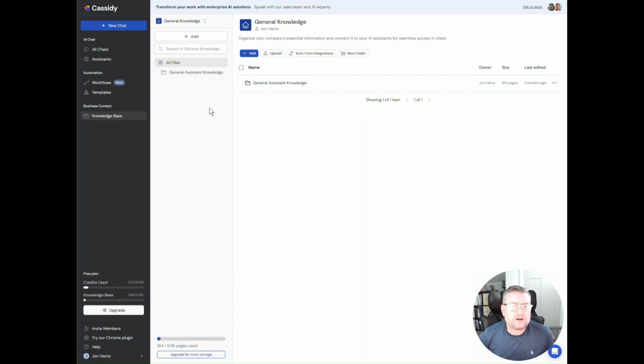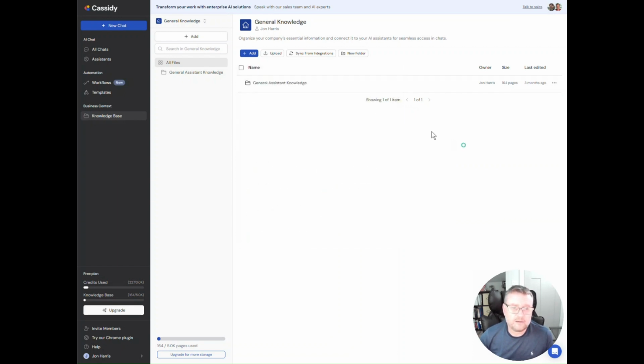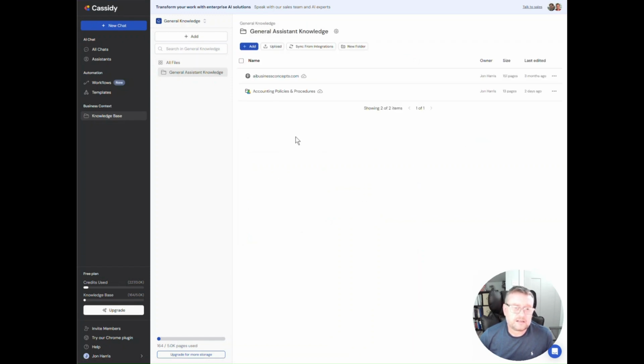But this is linked to my folder on my Google Drive, and it's a simple process. And here you got the knowledge base, and you can add a whole number of sources that automatically syncs. So I've synced to my Google Drive. I've also got it going to my website to pull any data from the website as well. And then you can ask any questions. So if you go to the chat,